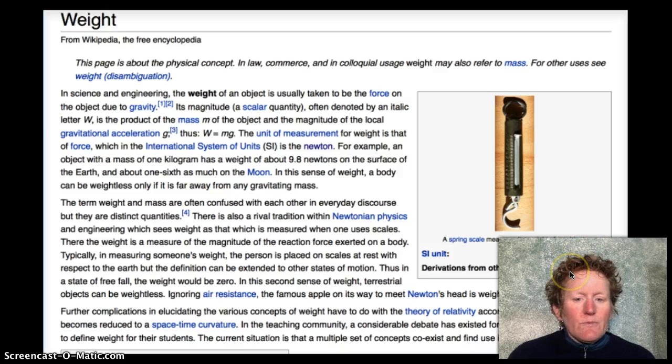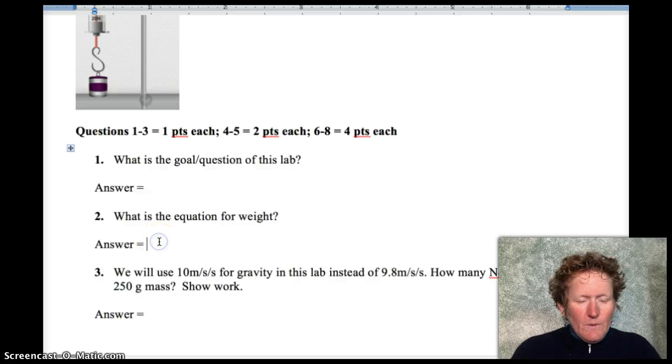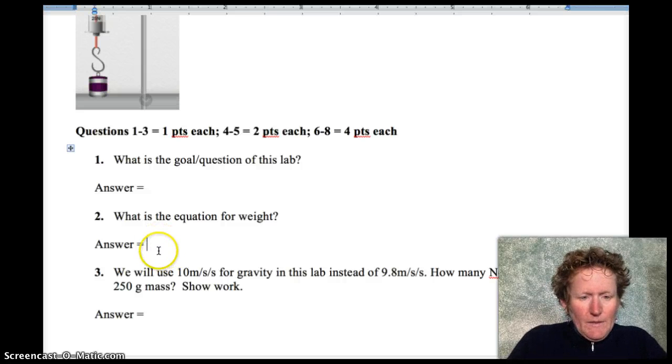And the way we derive it from other quantities is we take the mass, that's the m, times the acceleration due to gravity. Now, what's the acceleration due to gravity? Well, that's 9.8 meters per second, but we're going to use 10 meters per second. We're going to estimate for this lab. So here we can type in the equation for weight. Weight equals